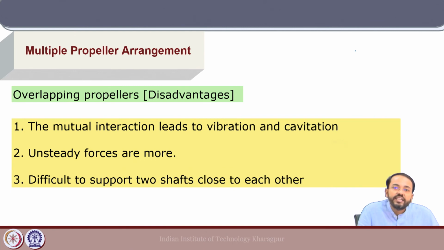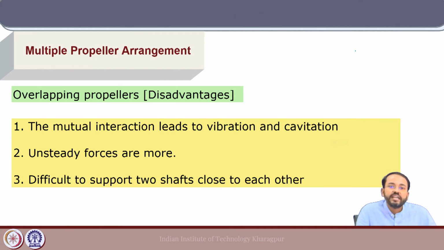Due to that, there is very high vibration as compared to twin screw propellers, which are separated by a larger distance, and also cavitation concerns are present. Unsteady forces are more as compared to twin screw propulsion because of these mutual interactions of